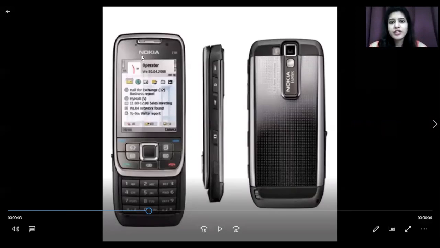It is a lightweight variant because it has got a weight which is less than 121 grams. Yes, 121 or you can say 130 से भी less weight इसका है. And when we talk about the screen size, this is a 2.4 inch phone. Yes, 2.4 inches का size है इसका.